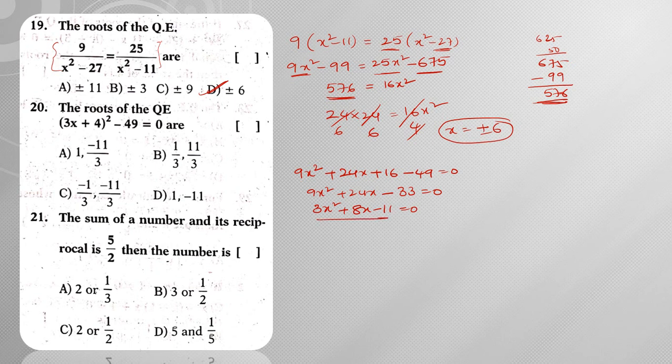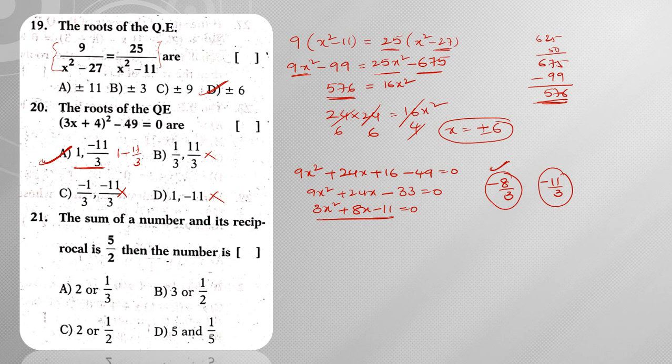Using the concept of sum of roots and product of roots, you can get it. Sum of roots is minus 8 by 3, product of roots is minus 11 by 3. From the options, which are satisfying product of roots as minus 11 by 3? This is not getting minus 11 by 3, this is not getting minus 11 by 3. Here it is plus 11 by 9, it is also not satisfying, so only option is this. Now let us see sum of roots also. Minus 8 by 3, so sum of roots is also satisfied, hence option A will be my answer.